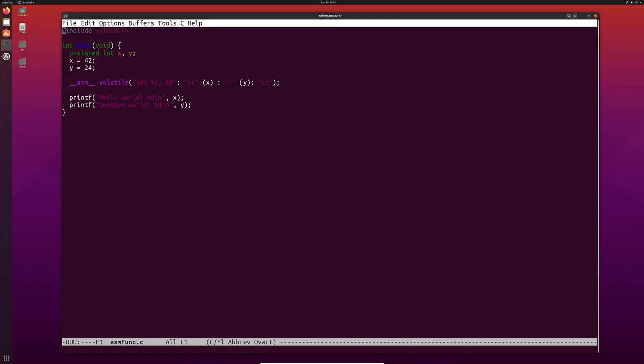To start the ABI demonstration, let's take the program from our inline assembly mini lecture. So what we're going to do for the ABI demonstration is we're going to take this inline assembly and we're going to basically promote it to an assembly file in and of itself. Now, why would you want to do this if, as we showed you from the inline assembly lecture, we can get a lot done just by including assembly inline with our C